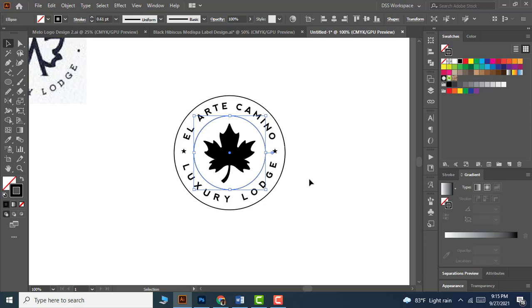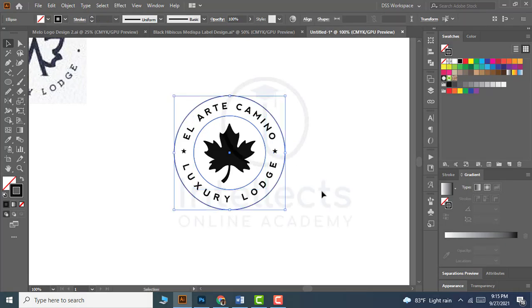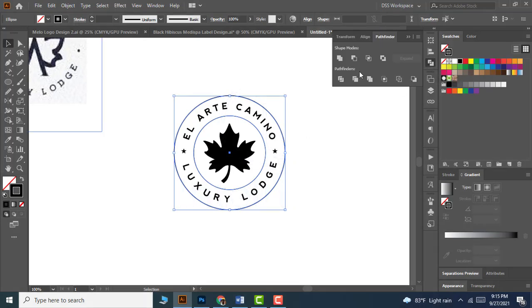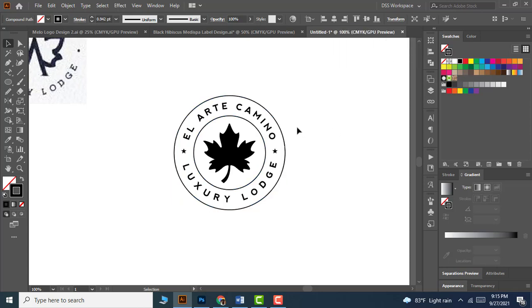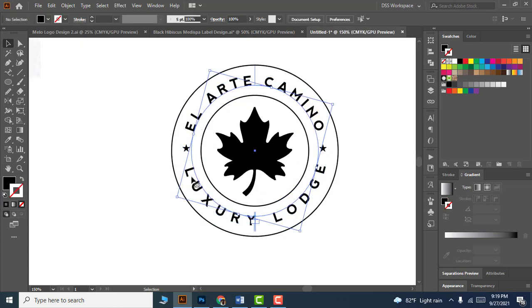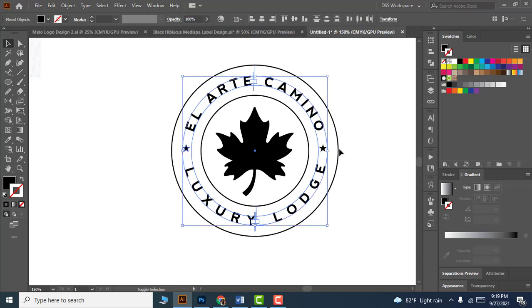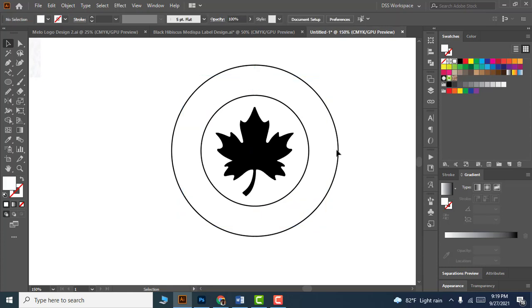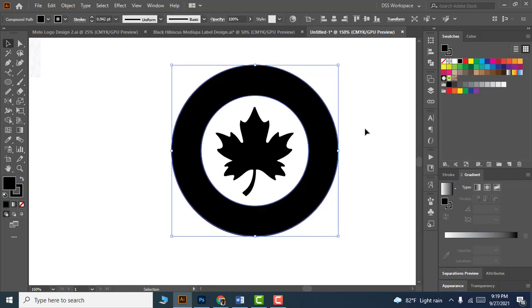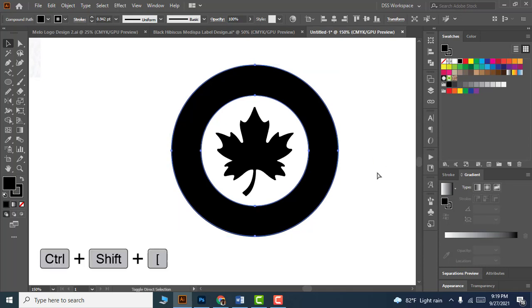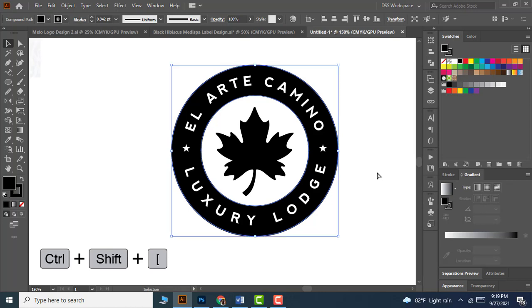and then let me select both circles with the Shift key, and from the Pathfinder panel, use the minus front option to trim them. Now I can change the font and stars colors to white first. Okay, and let me change the circle color to black. Now I cannot see the text because the circle object is in front of the text, right? So if I tap Control Shift left square bracket key,